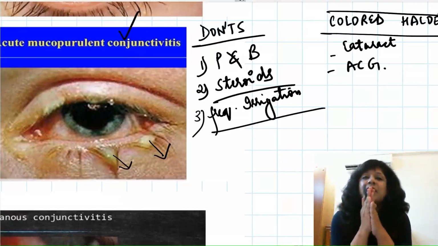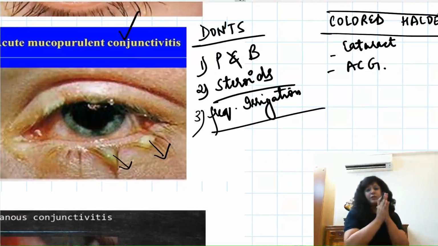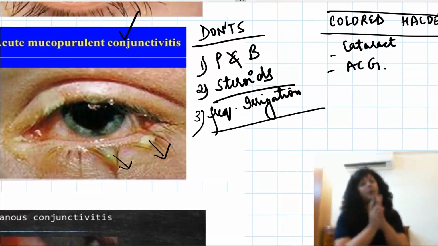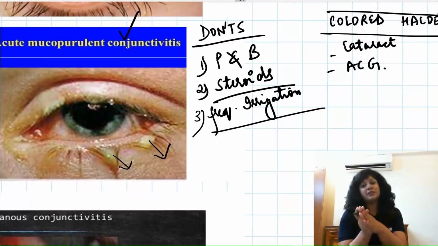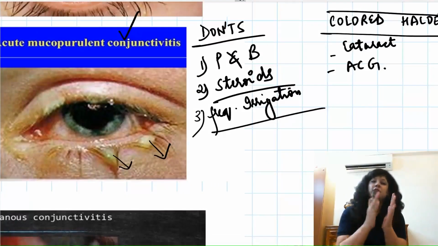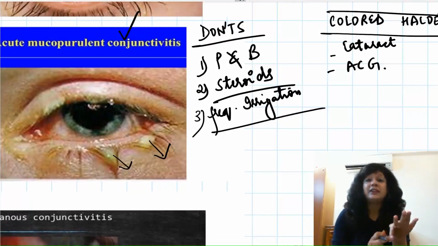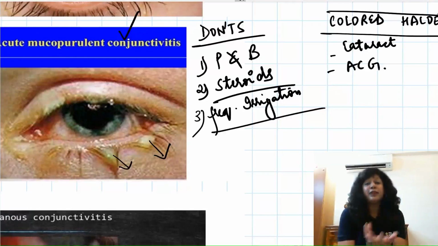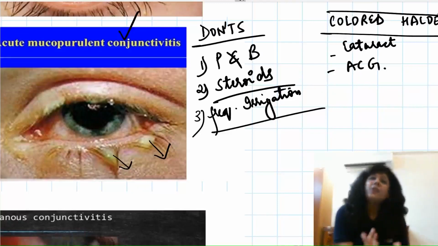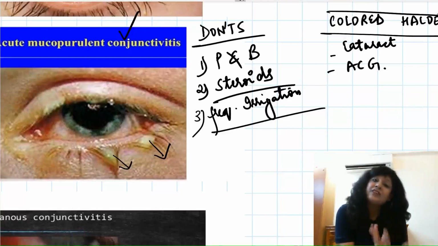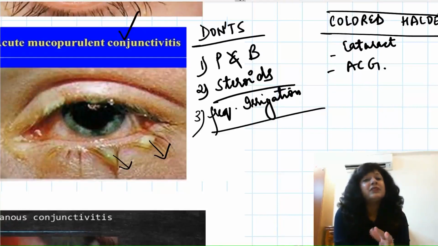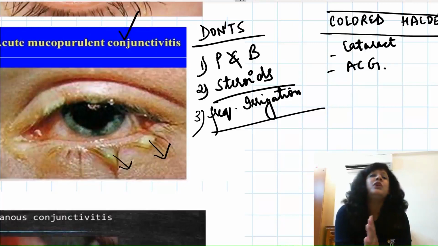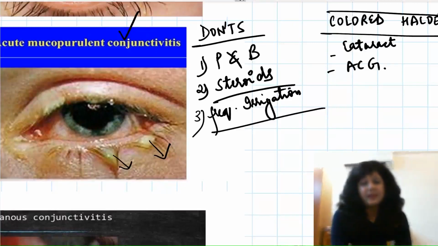And what is that bacteria? Gonococcus. Now we know that this gonococcus is also responsible for the systemic manifestations, like we have urethritis, we have arthritis, we can have a history of gonorrhea, gonococcal infection, and this is one conjunctivitis where we have systemic manifestations. That is why the only conjunctivitis where we prefer giving systemic antibiotics also, that is your this purulent conjunctivitis.